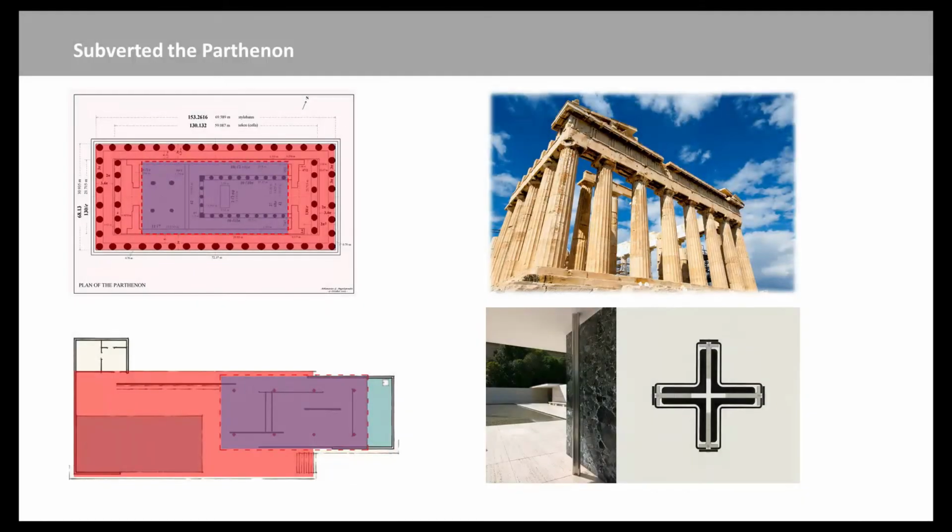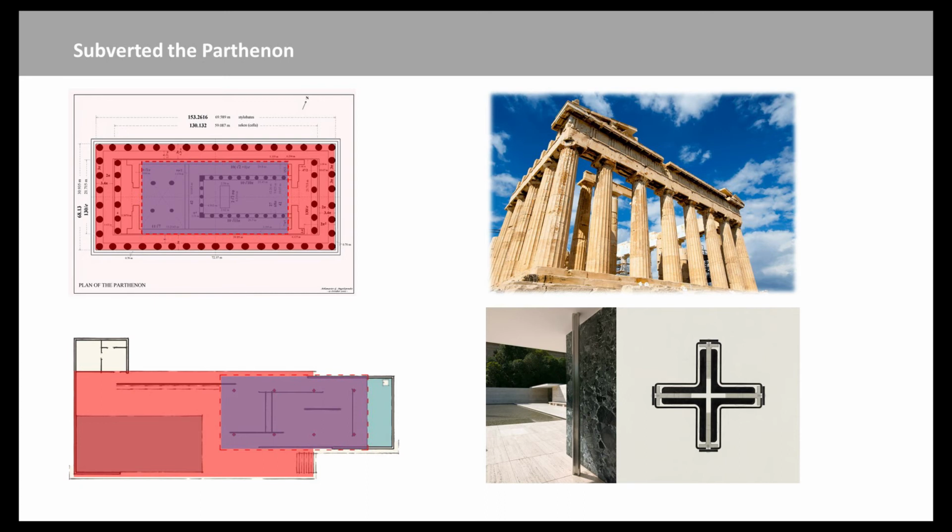These are just some fabulously done drawings that begin to show you that there is lots of stuff that locks together between the Parthenon and the Barcelona Pavilion. For example, the proportions are similar, and even if you look at the division of the naos and the cella, and some of these different elements, in the subdivision of these partitions in the Barcelona Pavilion.